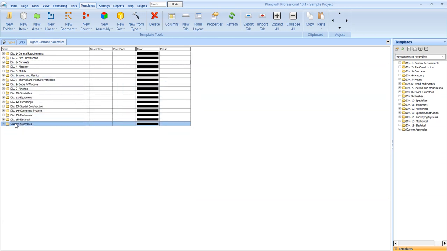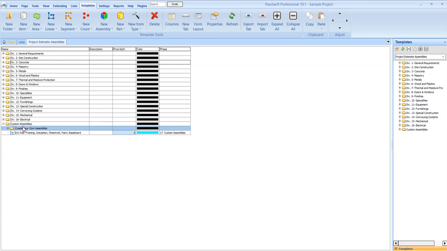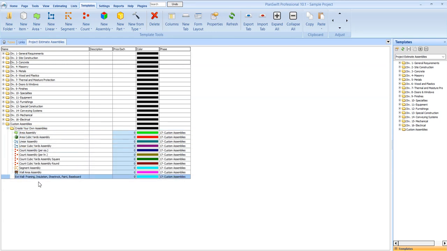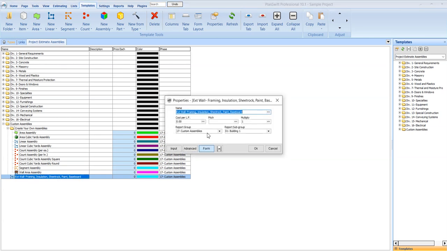So another thing that you can do is down at the bottom here we have a folder called Custom Assemblies. So let's say you want to create your own custom assemblies that may include items from multiple divisions. Like for example, I've created one here that is an exterior wall assembly that includes framing, insulation, sheetrock, paint, baseboard. So if we launch this, again, it's just the linear assembly, whatever that assembly cost per linear foot is,